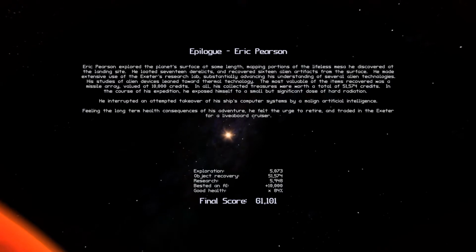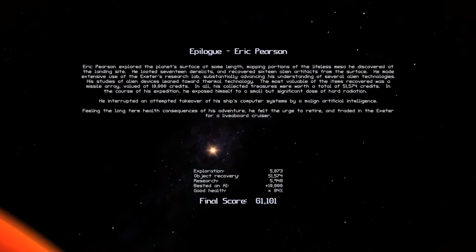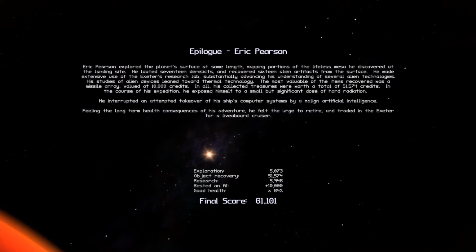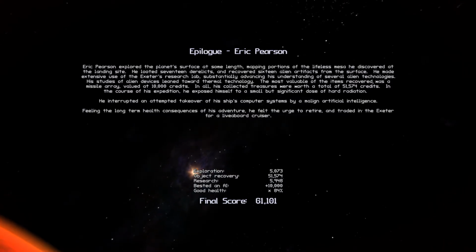51,574 credits. In the course of the expedition, he exposed himself to a small but significant dose of hard radiation. He interrupted an attempted takeover of his ship's computer systems by a malign artificial intelligence. Feeling the long-term health consequences of his adventure, he felt the urge to retire and traded in the Exeter for